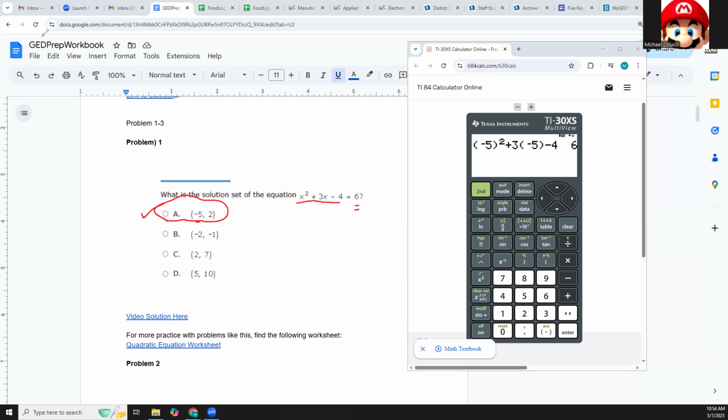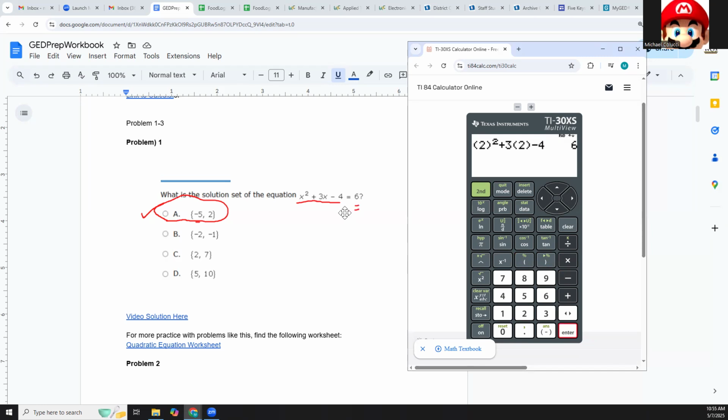Okay, so that's how I would do it. Let me show you what it looks like with 2, just so that you could see it again. Repetition is important. I'm going to hit clear. It's right here. I'm going to use the parentheses again for x, even though I don't really have to, but I'm going to for good practice. Square it plus 3, 2 minus 4, enter,